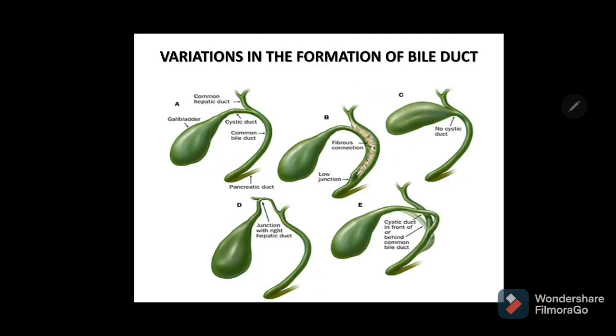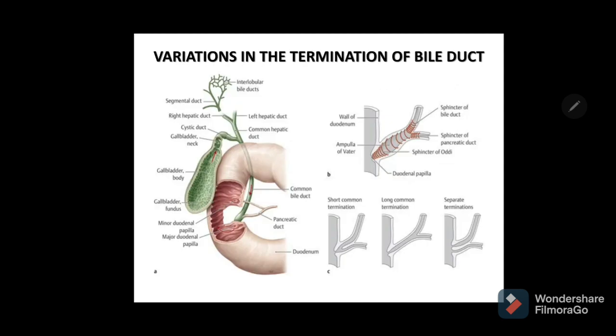Coming to the different variations here, you can see the cystic duct variation. It is going behind and joining to the left side of the common hepatic duct, and sometimes there will be a diverticulum called as Hartmann's pouch. Sometimes the gallbladder directly opens into the hepatic duct. You can see here the variation in the formation. The cystic duct and common hepatic duct, they do join, and here, and it may go to the right hepatic duct. It may go in front and join to the left side. Sometimes join directly without cystic duct. So these are the different anomalies in the formation of the bile duct.